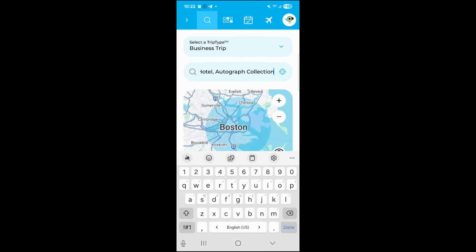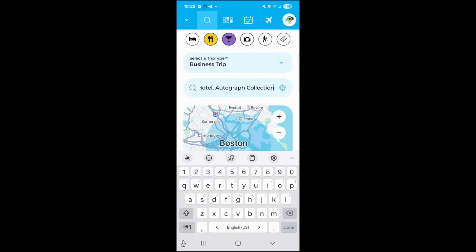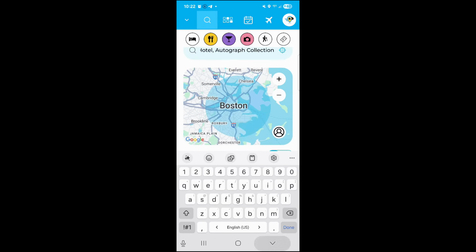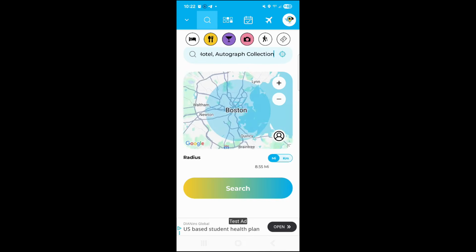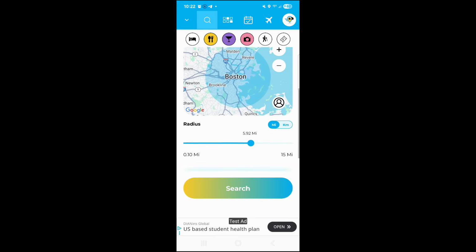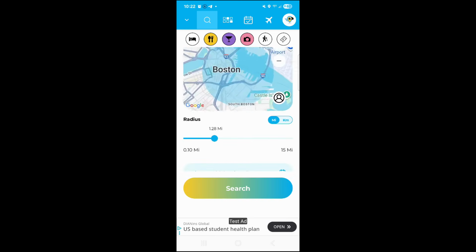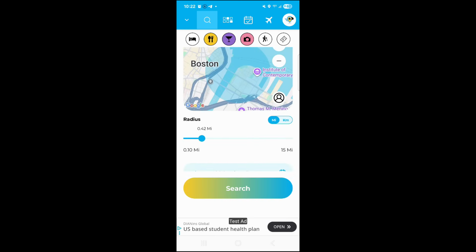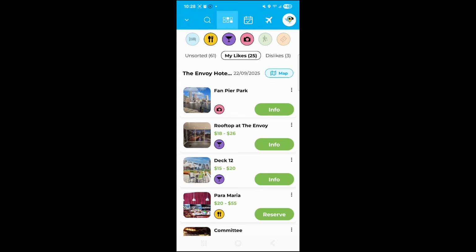So I'm going to not look for hotels around there, but maybe I want to see restaurants, cocktails, and sites. If there's any sites, I might want to duck out quickly. And just going to make it very narrow because I don't want to walk that far. I just want to see what's right around there. So I'm going to search again for that. And that is